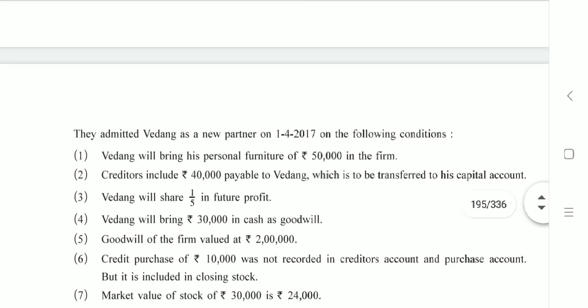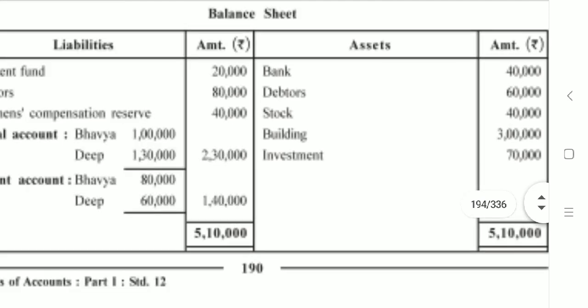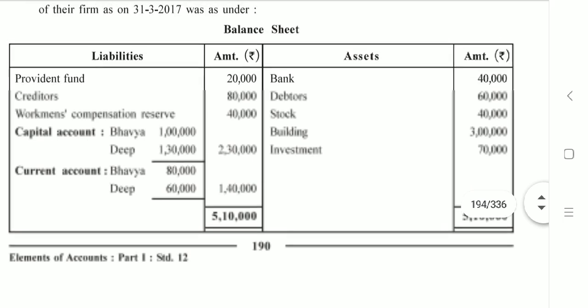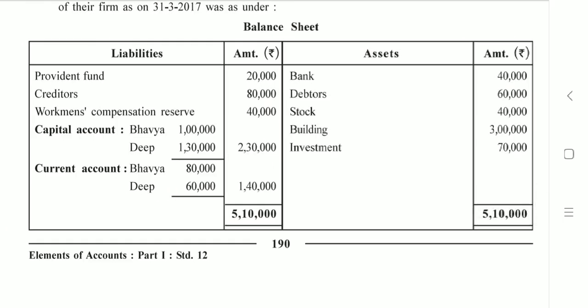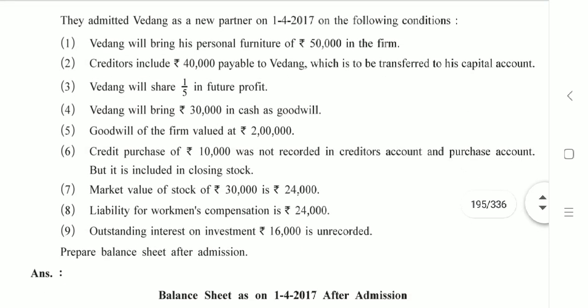And as I said, preparation of cash and bank account is considered optional here. They haven't prepared it, but if you want to prepare, then it's well and good, and if you don't, then there is no issue, right? So let us read the adjustments first. You should read all the adjustments quickly, and you should put a tick mark over the items mentioned in the balance sheet which have adjustments attached to it.